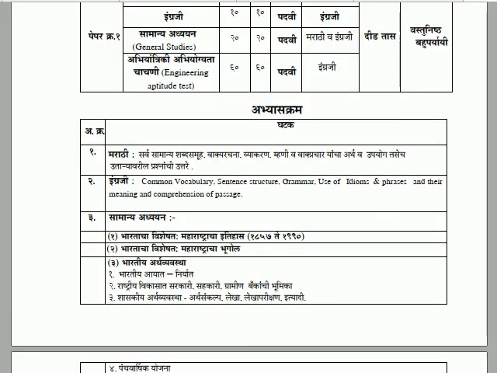In Marathi there are mainly the passage and the grammar. Here you can see that Marathi consists of Shabd Samuh, Vakya Prachar, grammar, and the use of Vakya Prachar, and the passage. And in English, there comes the common vocabulary, sentence structure, grammar, use of idioms and phrases and their meaning, and comprehension of passage. And in General Studies there is history from 1957 to 1990, and geography related to Maharashtra,